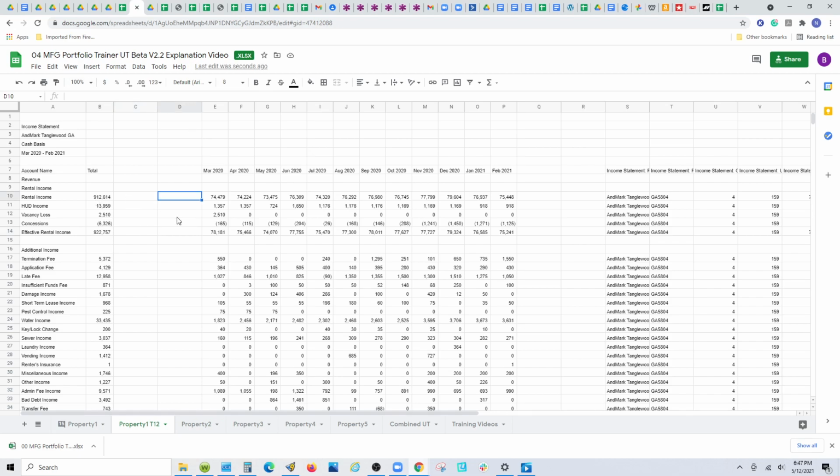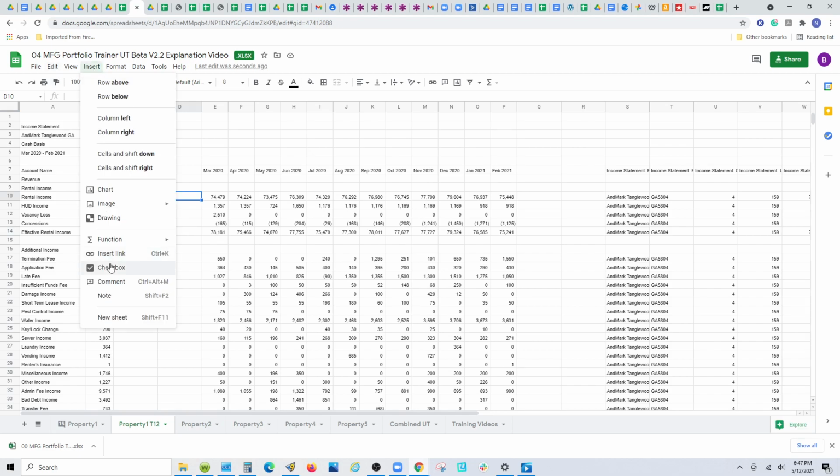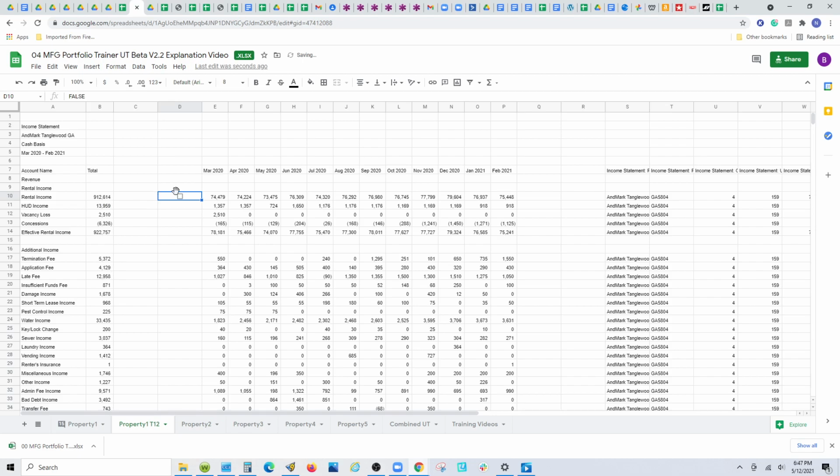Next thing I like to do is insert some checkboxes. So go up to the Insert menu, down to Checkbox, and it'll drop in a checkbox that you can check when you're done. I love those, and what I like to do is start to look through this thing and go,